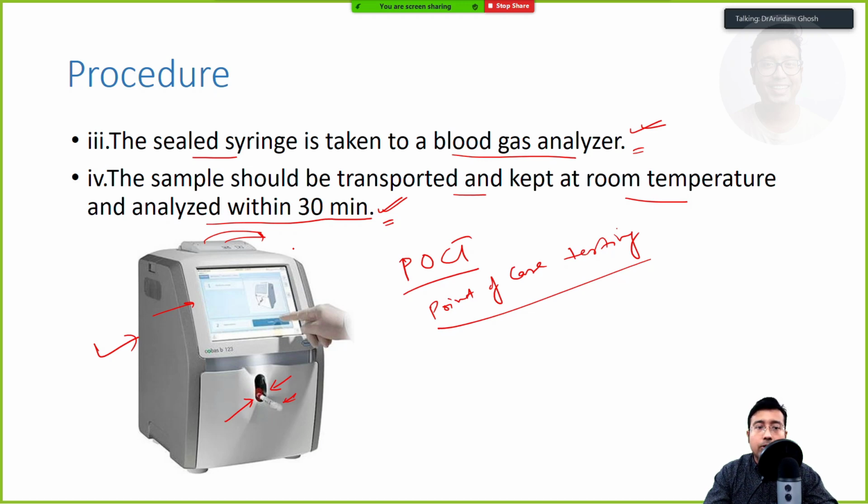It is not possible because these machines need a cool atmosphere. We need AC. We need constant monitoring, constant follow-up, troubleshooting, right? So this machine needs to be taken care of by an expert professional. That is only possible inside the ICU. So what do we do? We draw blood at the bedside in the general bed, and we immediately take the syringe to the ICU, get it analyzed, get back the report and come back to the general ward. So everything should happen within 30 minutes, right?